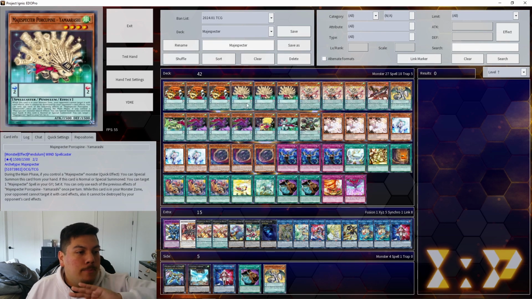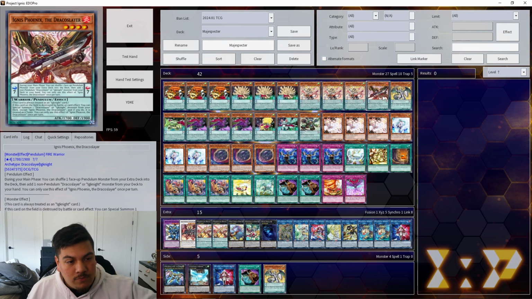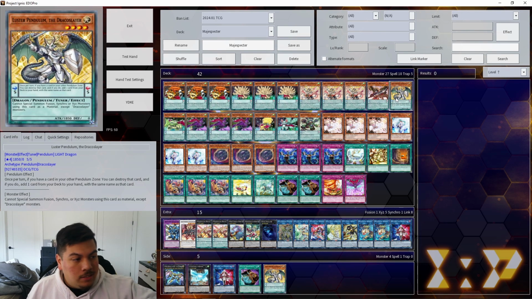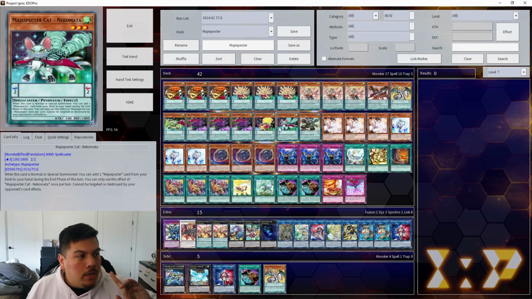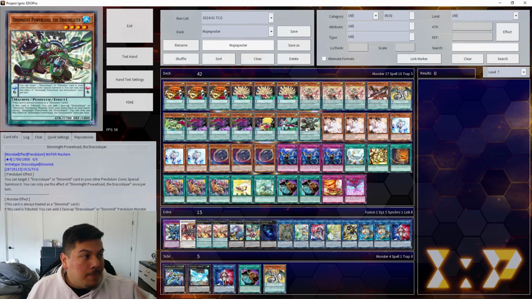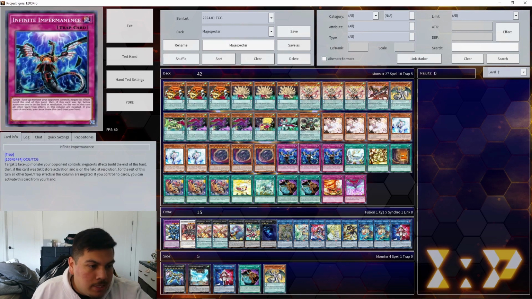We have 3 copies of Bambuku, 3 copies of Porcupine, 3 copies of the Majesty Pegasus. This lets you search whatever field spell you want, which is really good. 1 copy of the Ignis Phoenix, 1 copy of the Luster Pendulum, 1 Ogama, 3 Yada, 1 QB, 1 Nekomata, and 1 copy of the Power Load Dragon. 3 copies of Ash, 3 Veiler, 3 Nib, 3 Imperm, because this deck can, of course, still play 12 hand traps,